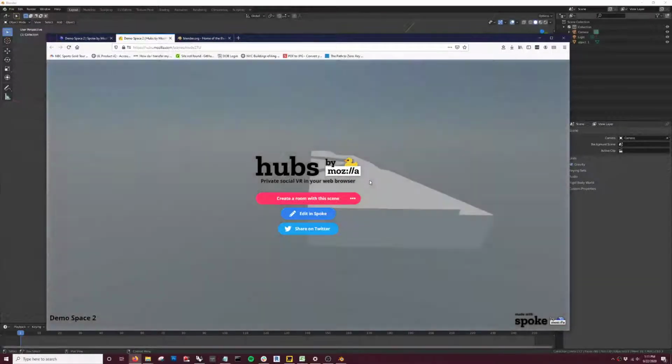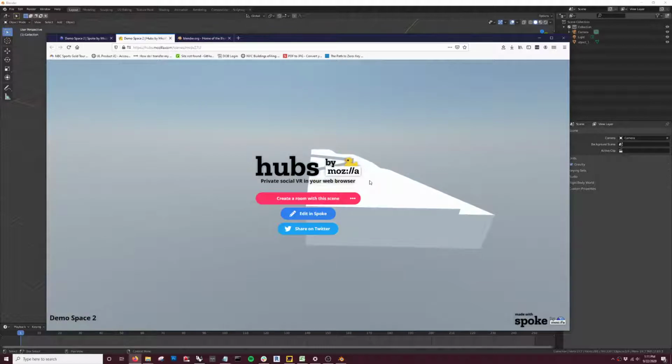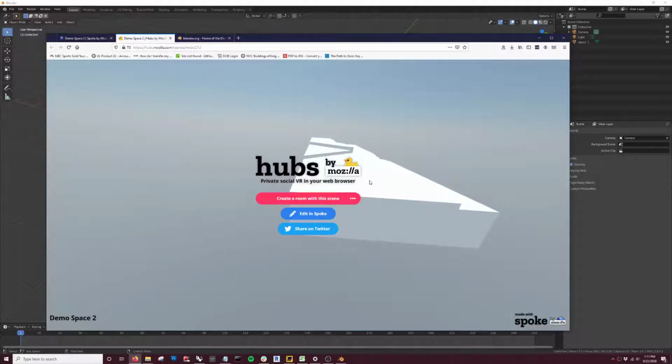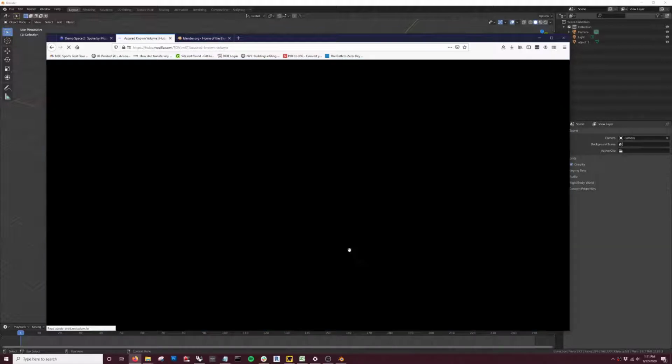So in Hubs, the difference between a room and a scene is technically what we're creating. A room is like an instance of that where people can gather and you can give them the URL, and the scene is kind of like the wrapper. So I could create a room using the scene, and somebody else could create a room using the same scene, and they'd be different rooms, but they use the same kind of scene. So I'm going to create a room with the scene,